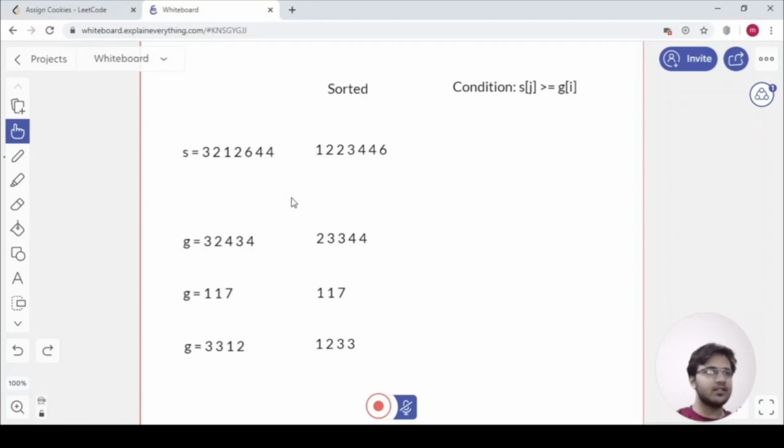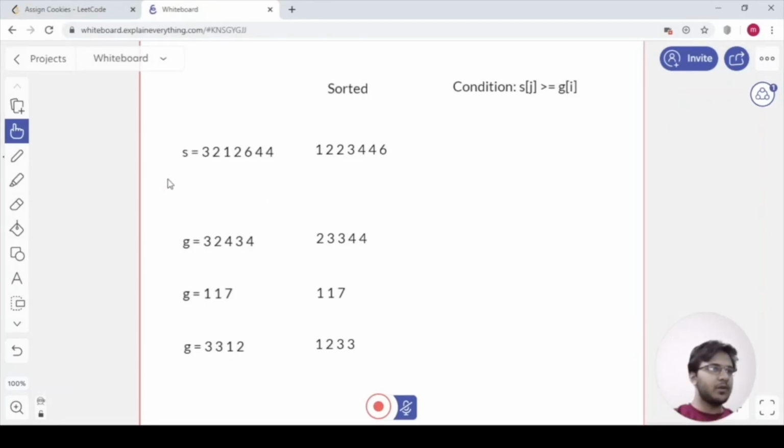Also, what sorting does, actually, here we can see that if we did not sort, we could have accidentally given the child with greed 2 a cookie of size 6, where there are children with greed much greater than 2 and cookies which could have been given to this child with greed 2, like this cookie of size 2. So by sorting, we are ensuring that the maximum number of children will get a cookie and the least number of children are remaining.